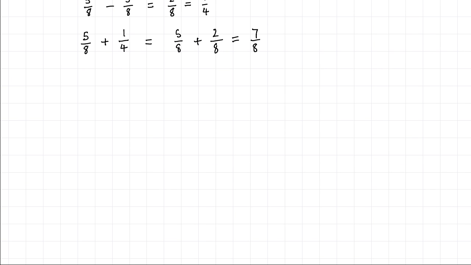Let's have thirds and fifths. So let's add 1/3 to 2/5. Now this one's going to be really hard to add because we've got 1/3 and I've got 2/5 here, and they are very different fractions and they're going to be very difficult to add. Now I know that 1/3 has equivalent fractions, and I also know that 2/5 has equivalent fractions. Now if like this one I can have them written in the same denominator, that's going to help me add